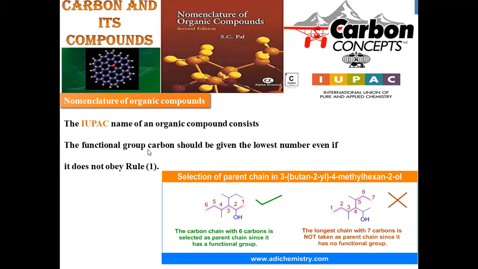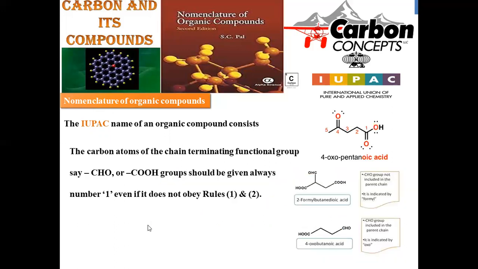But in accordance with the regulation provided by the IUPAC, the functional group should attain the least numbering. That will be 2 rather than 5. So here the proper numbering will be the first one, and the second will not be a suitable numbering for the given compound, though it is a longer chain. The thing is, the functional group should attain the least numbering. That is the preferable numbering system.